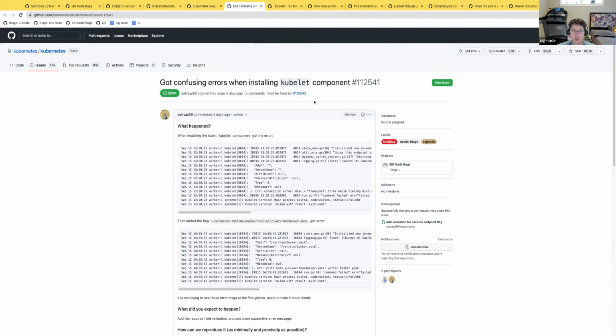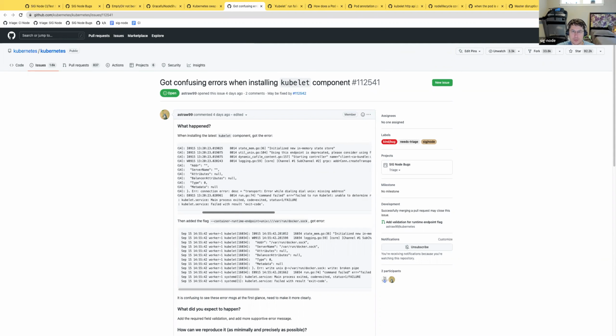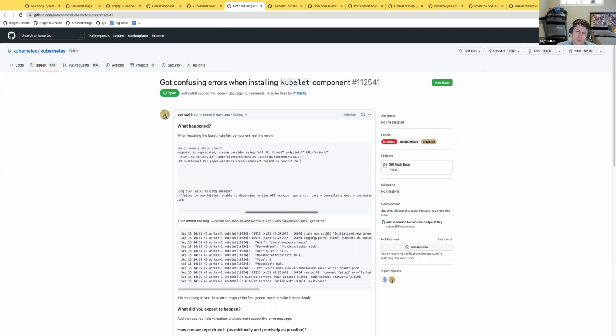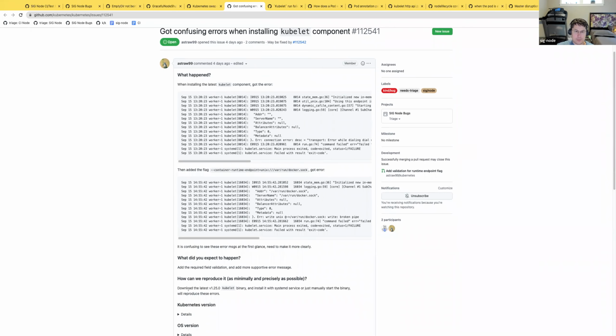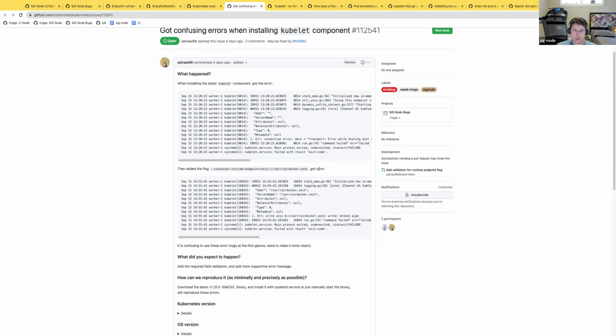Get confusing errors when installing complete component. Yeah, Docker sock.